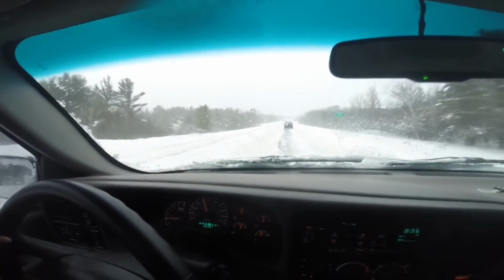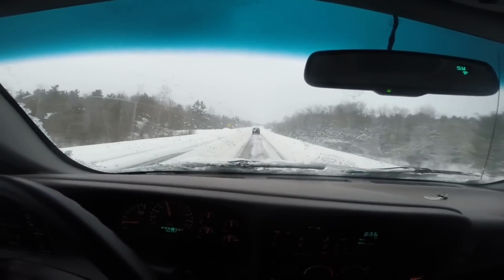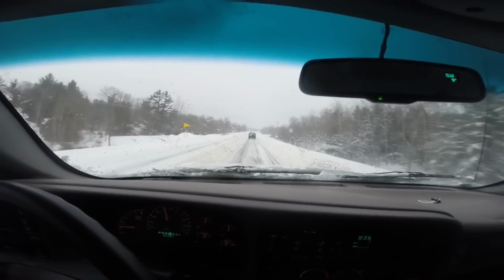A lot of people, you hear them complain like, oh, you people with these four-wheel drive trucks think you can just do 70 miles an hour all the time. Well, there's truth to that. If you take a four-wheel drive vehicle in general, it's going to be heavier, right? It's going to be heavier than your two-wheel drive. Like, this is a Honda CR-V. That thing right there, I bet it'd be one of the worst vehicles to drive in the snow